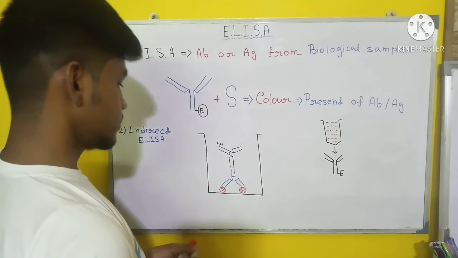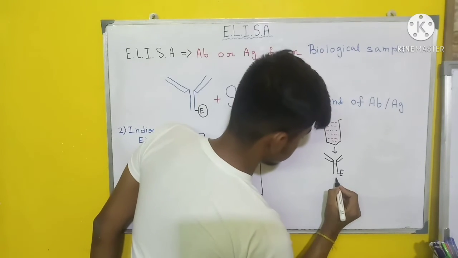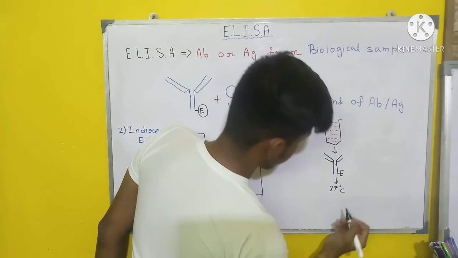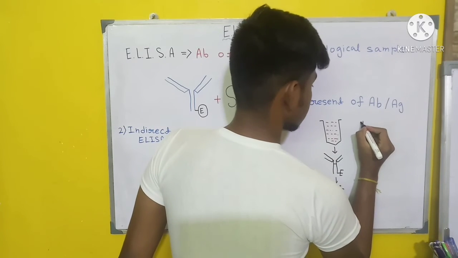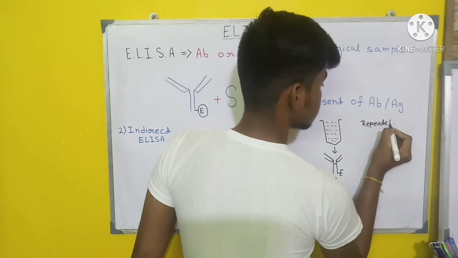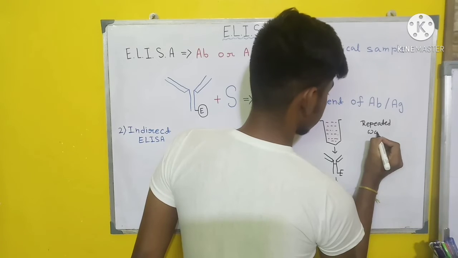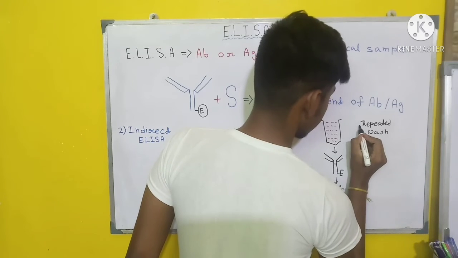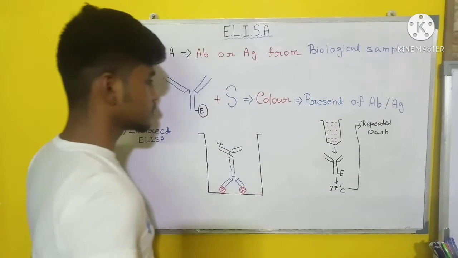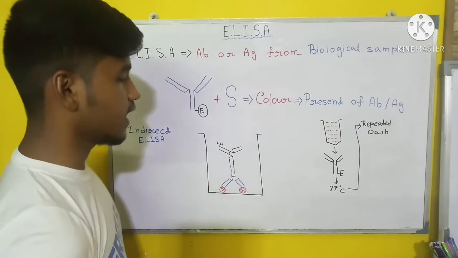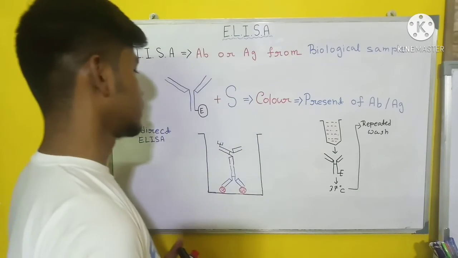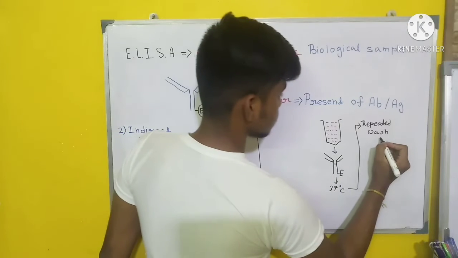After the attachment, we will incubate it at 37 degrees Celsius, and then we will do repeated washing. After the repeated wash, the unbound enzyme linked antibody will wash away from the well, and then we will add